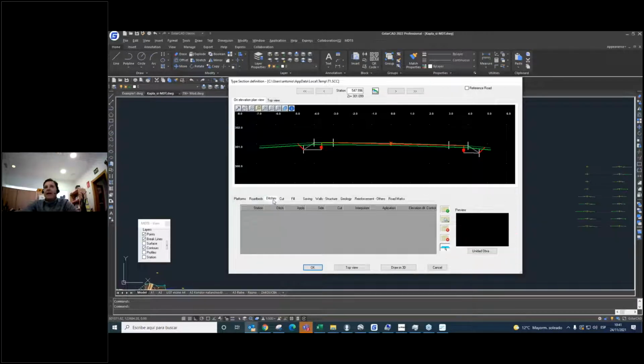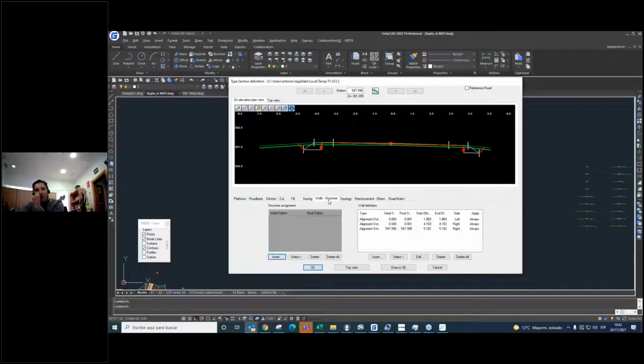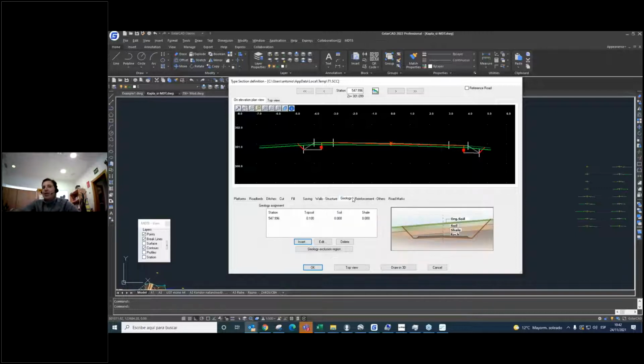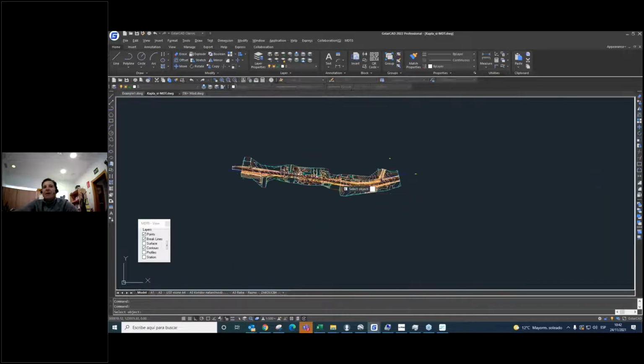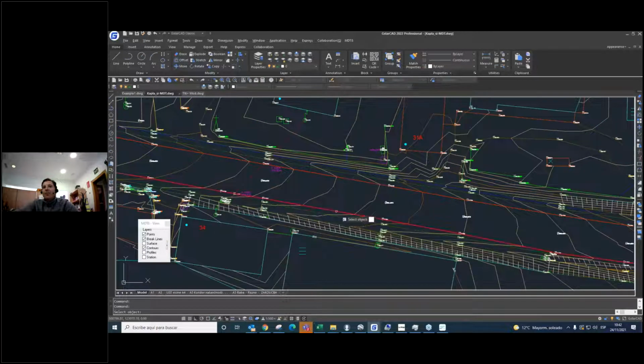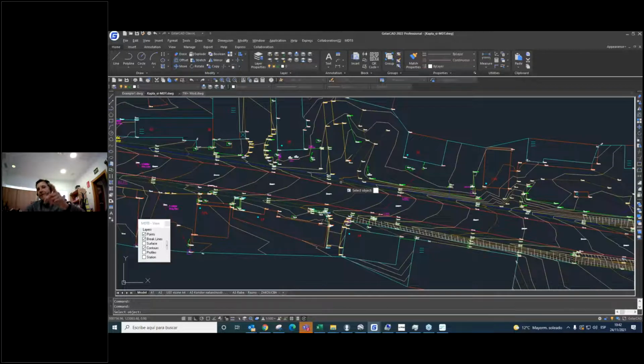We can define the ditch, the cut slope, the fill slope, if we use paving or if we have any wall or any structure, the geology, etc. In this case, I'm going to use the reinforcement. I'm going to use that polyline. If we have that polyline, I use this polyline to define this reinforcement. We are only going to make an earthwork on both sides of the road.